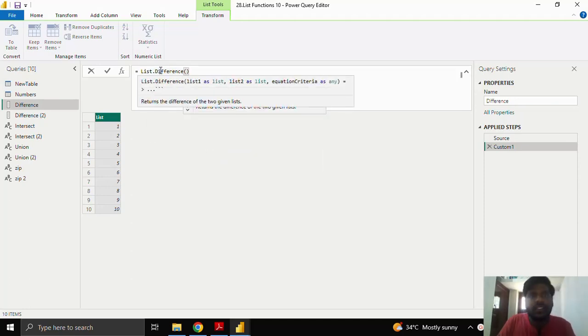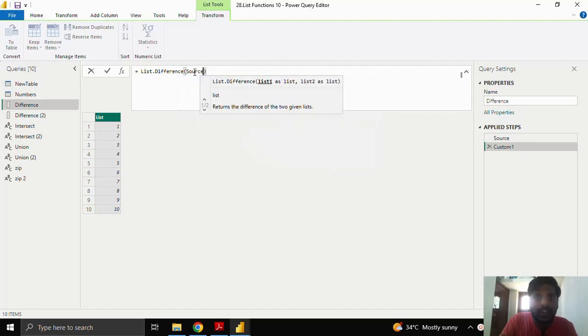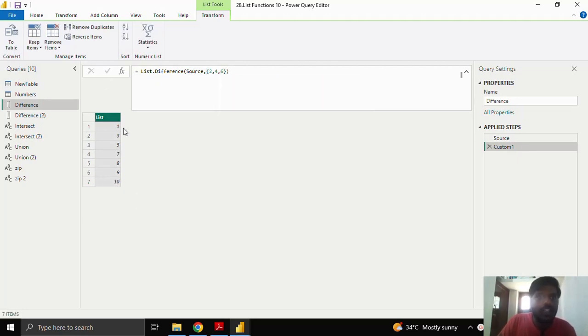Open the parenthesis. Here, once I open the parenthesis, I have to provide the list 1. I'll take the source as my list 1. In the second list, I'll provide the values like 2, 4, 6. Okay, once I click on the check mark, here you could see that from the source, it has removed these elements 2, 4, 6, and it has given me only the elements which are not present